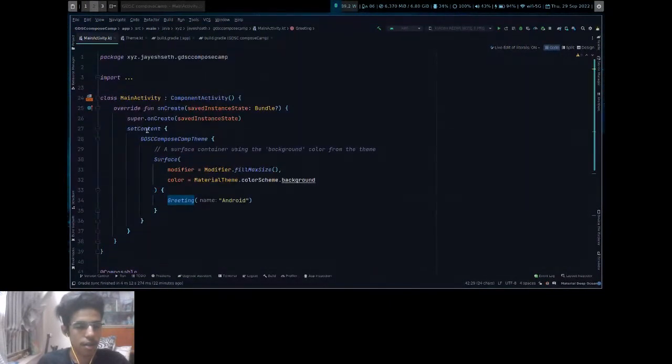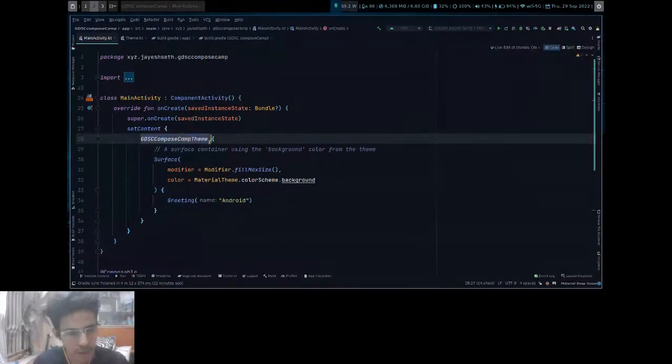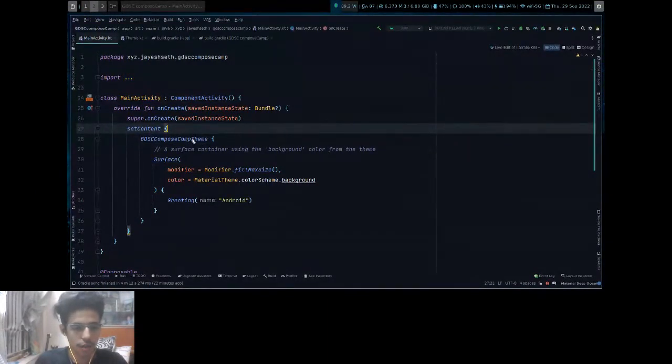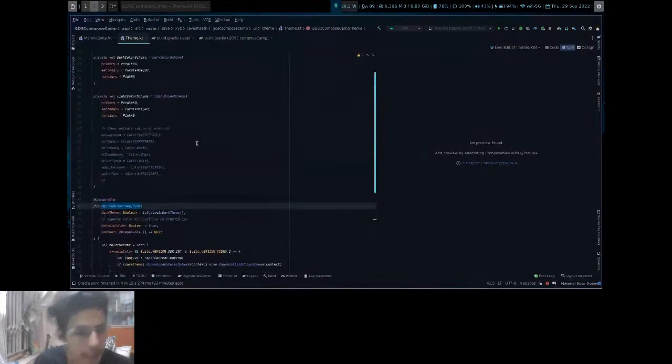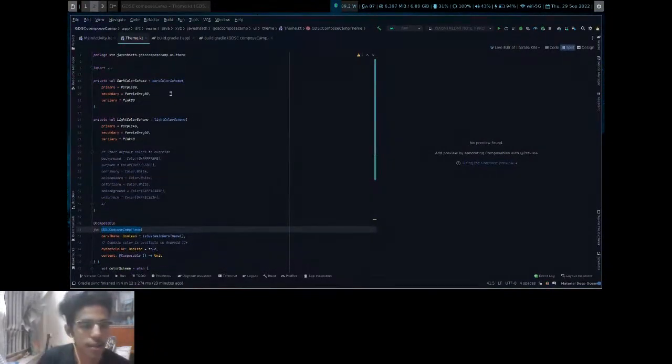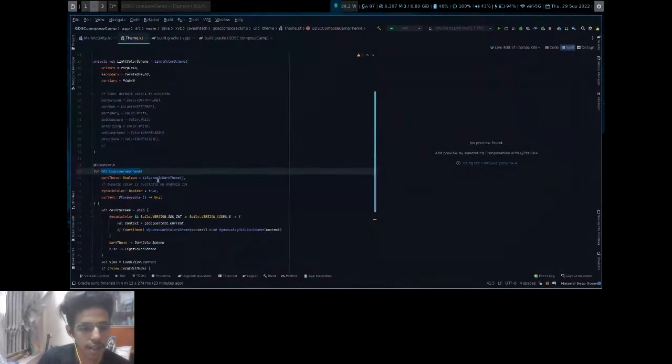So next comes Jetpack Compose theming. What I was telling you, Material You. So what is Material You? If you want to go to the source, one thing you can do is press Control and then mouse click. It will take you to the declaration of the code. This is a shortcut of Android Studio. You don't have to go to the project etc. This is Material You's theming section.